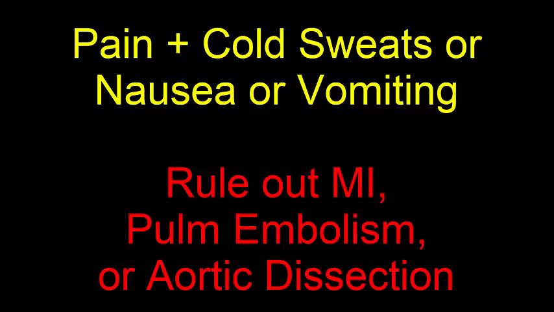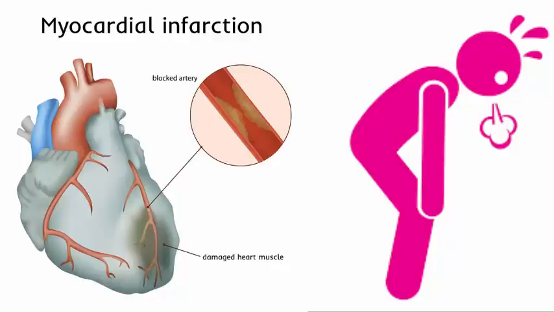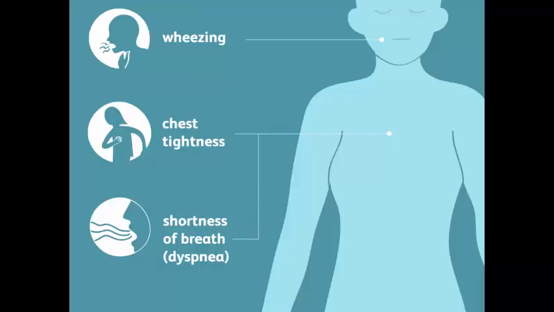We must think of myocardial infarction, massive pulmonary embolism or aortic dissection. Patients with myocardial infarction or angina may present predominantly with symptoms of breathlessness, due to pulmonary congestion arising from transient ischemic LV dysfunction. That is why breathlessness is called an angina equivalent. Breathlessness may also accompany any of the respiratory causes of chest pain and can be associated with cough, wheeze or